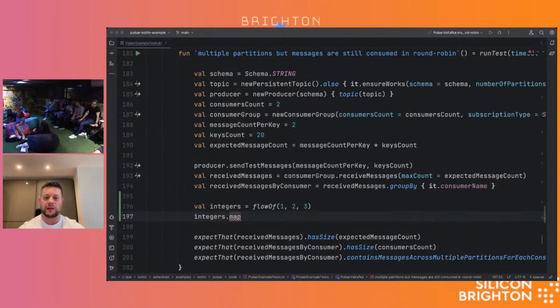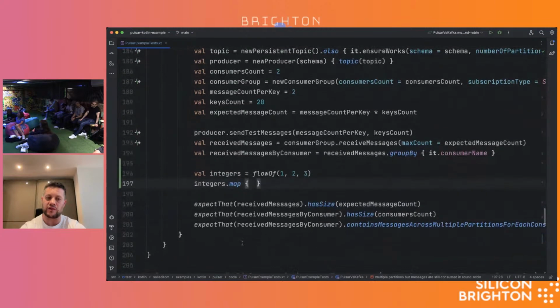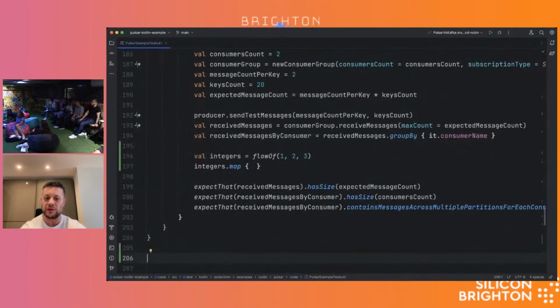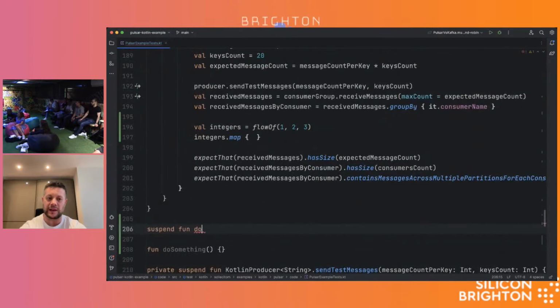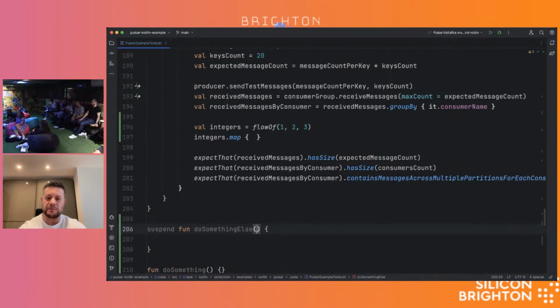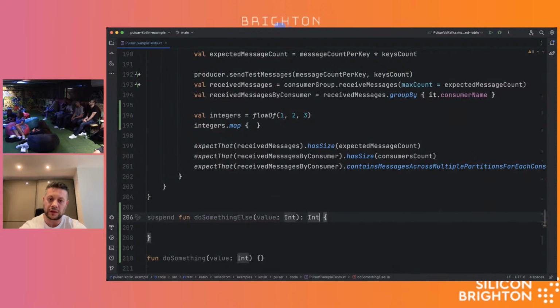And so in Kotlin, this disappears because the language itself is aware of suspension. As an example, I could have a function down here, and then I could have a suspend do something else. And I could apply, essentially, if this maps something, I don't know, takes an integer in both cases and can return an integer, right?